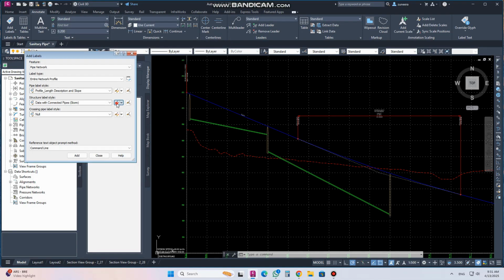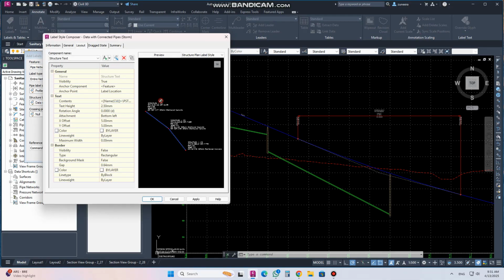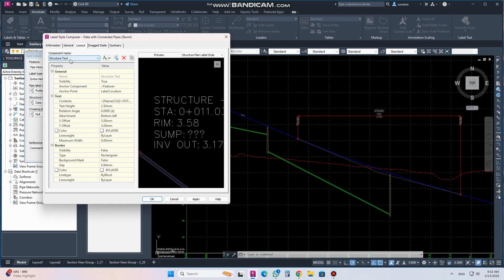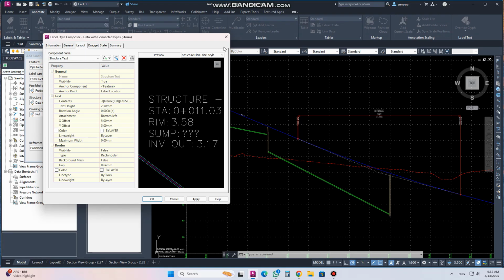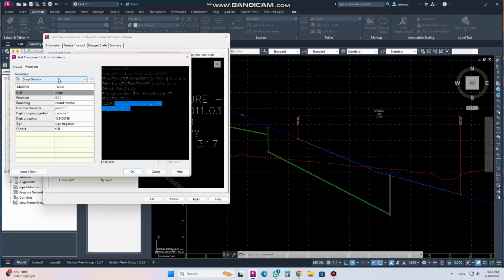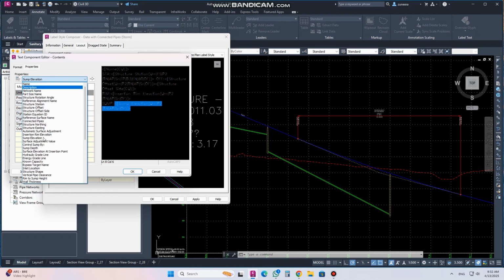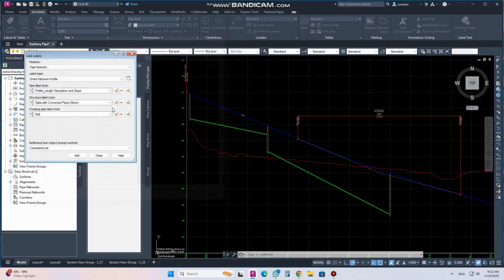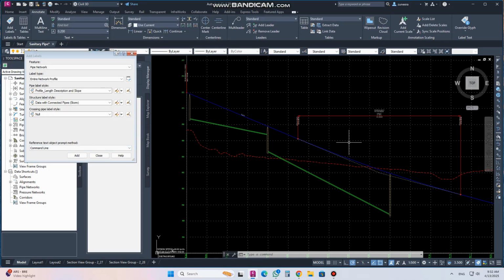The next thing is the structure label. Structure label means the manhole label. What we will see here in the manhole: the structure name, station, rim, sump level, like this. If you want the same as this one, the sample deviation, there are many things. According to your need, what you want to specify in your drawing, you can add from here. Okay. So the crossing pipe label, we don't have any crossing pipe, so we will not add anything here and